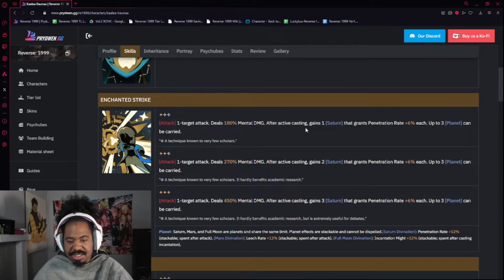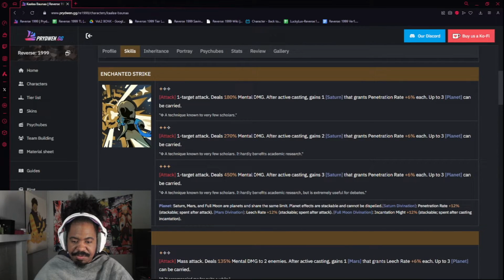After active casting, gain 1 Saturn that grants penetration rate plus 6%. Up to 3 planets can be carried. This goes all the way up to 450%. And then, depending on the level of the ability, it depends on how many planets you get. So you'll get 3 planets that grant penetration rate, 6% each. Up to 3 planets can be carried, so you can get a total of 18% penetration rate from having this